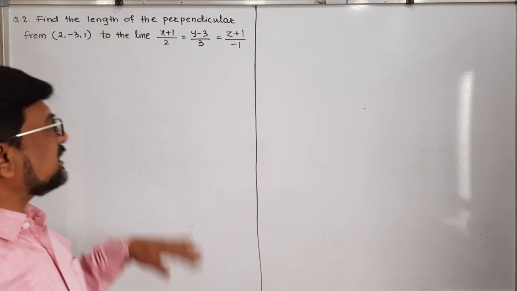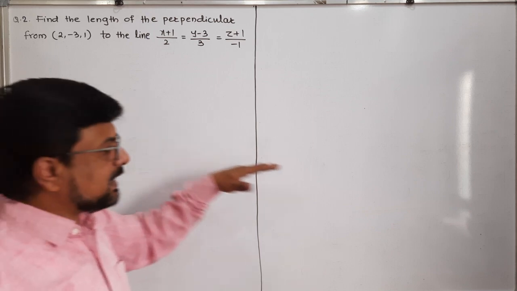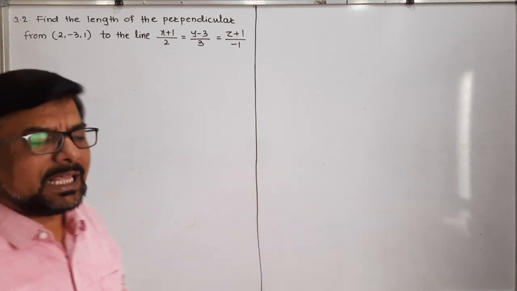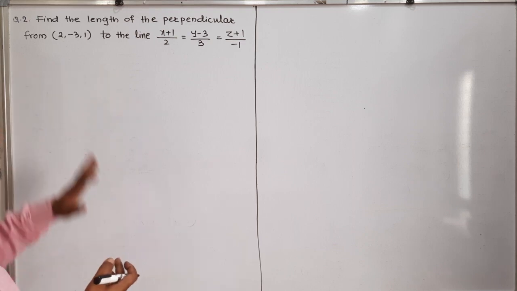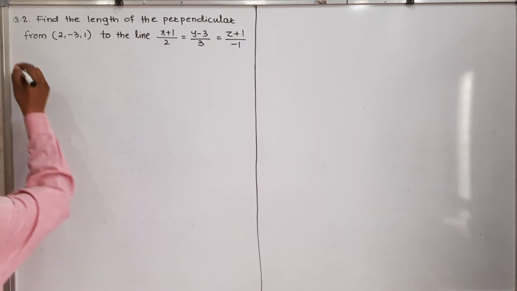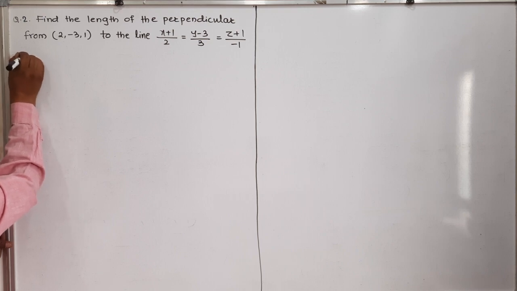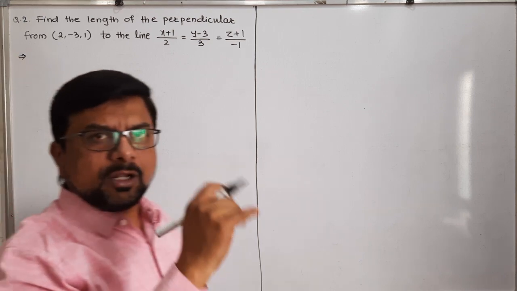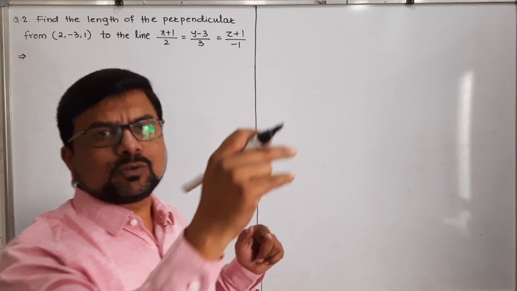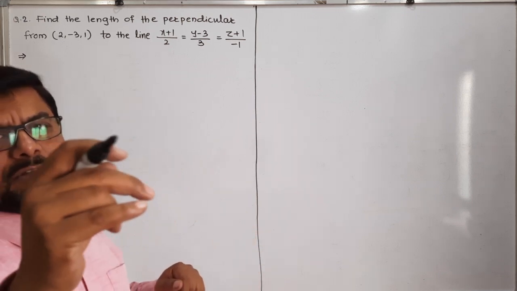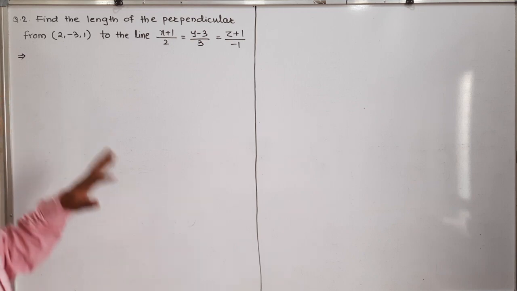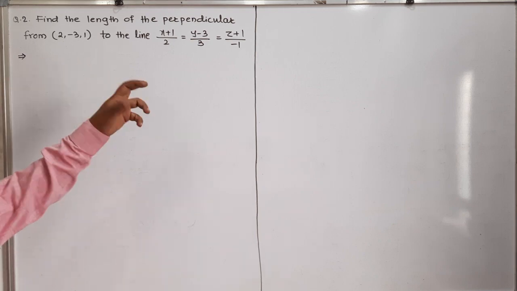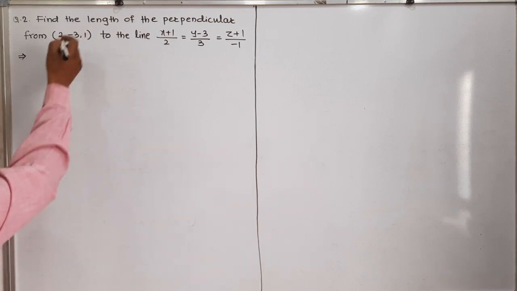Question number 1 में जैसे किया था हमने foot of the perpendicular निकाल के distance formula use करके हमने length of perpendicular निकाला था, वैसे भी निकाल सकते हैं या हम directly भी find out कर सकते हैं length of perpendicular. कैसे? Using that formula: under root of alpha vector minus a vector whole square minus alpha vector minus a vector dot b vector upon magnitude of b vector whole square, इसका use करके। उसके लिए हमें ये alpha vector, a vector और b vector लिखने पड़ेंगे।